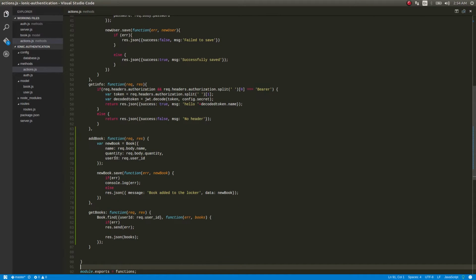Okay, this is done. Now we have added add book and get books, two new functions that will enable us to perform these actions, guys.